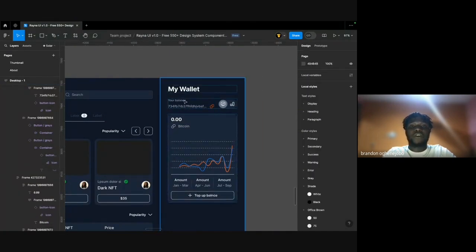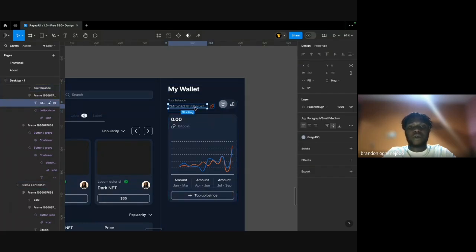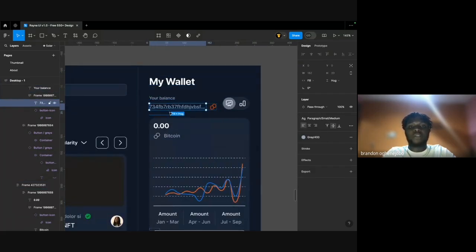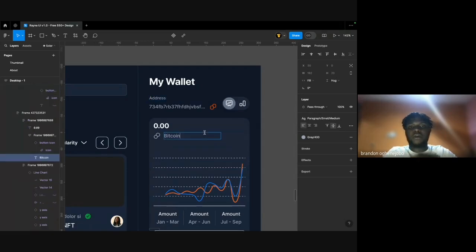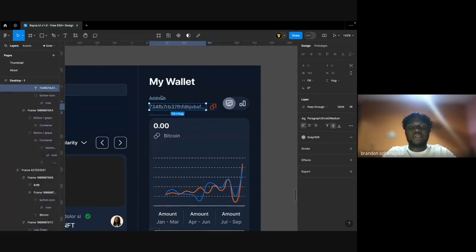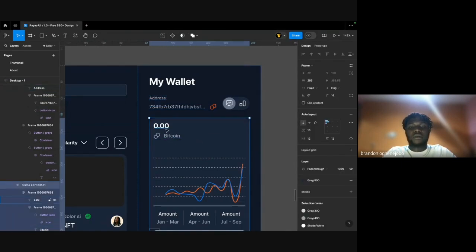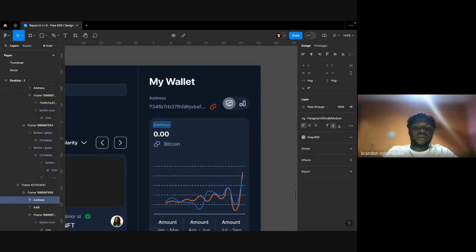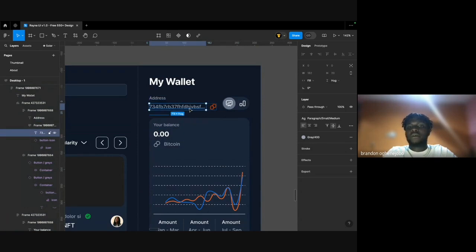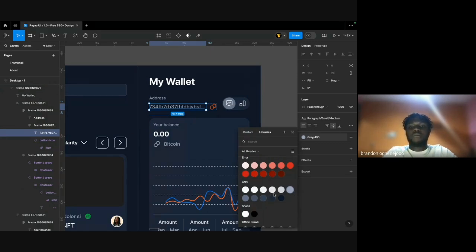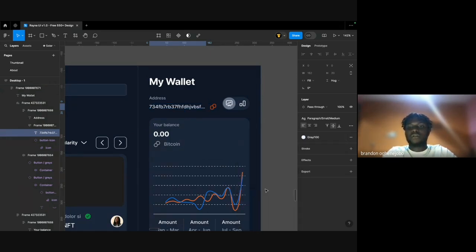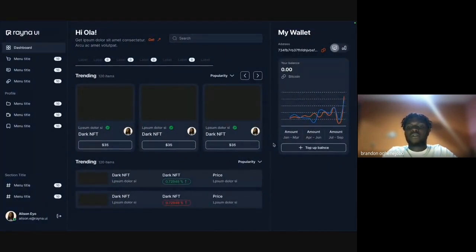So it's just gonna say your balance and the coin and your wallet, your address. This is gonna say address. Okay. Then this is gonna say balance. Okay. And yeah, looking good. So for the address itself, maybe we can bump up that color to that. All right,